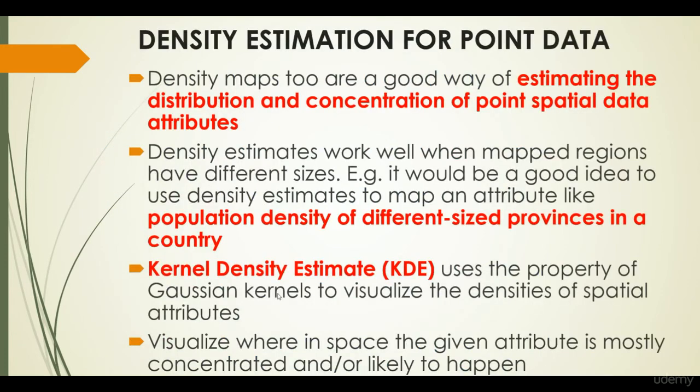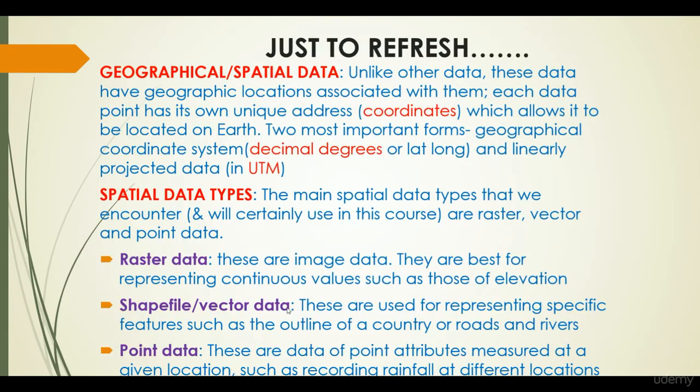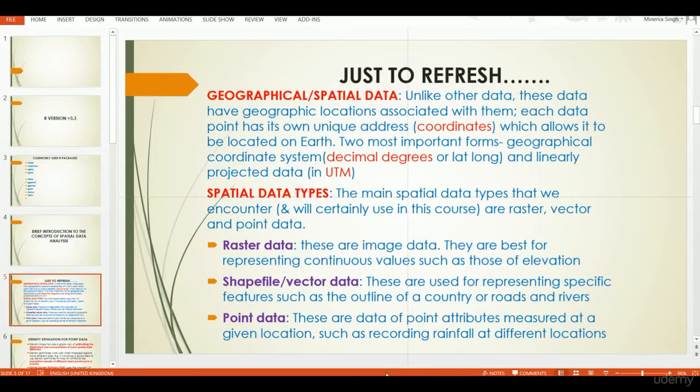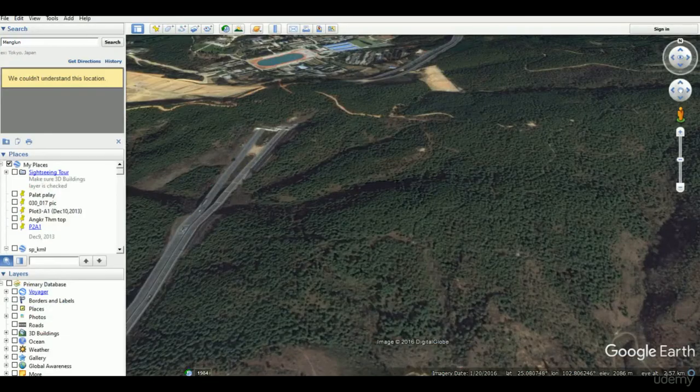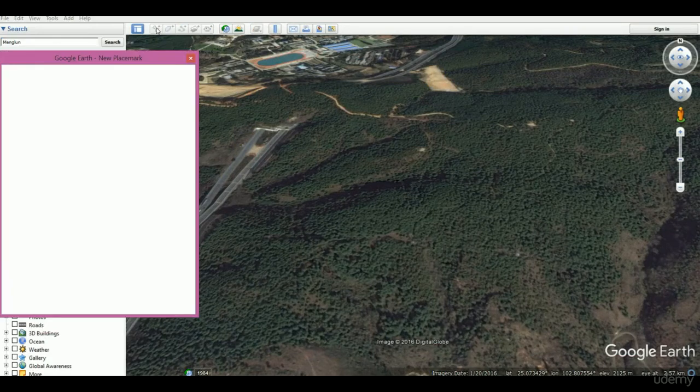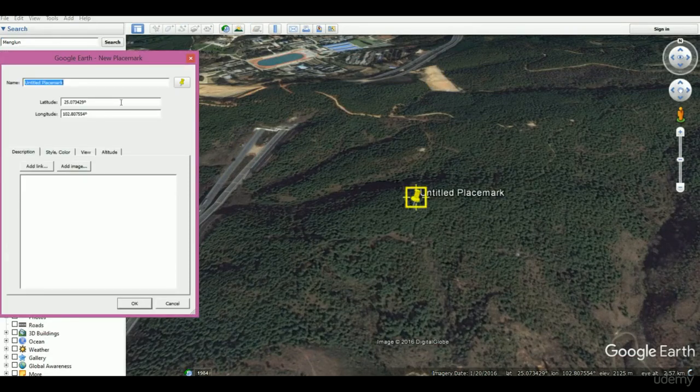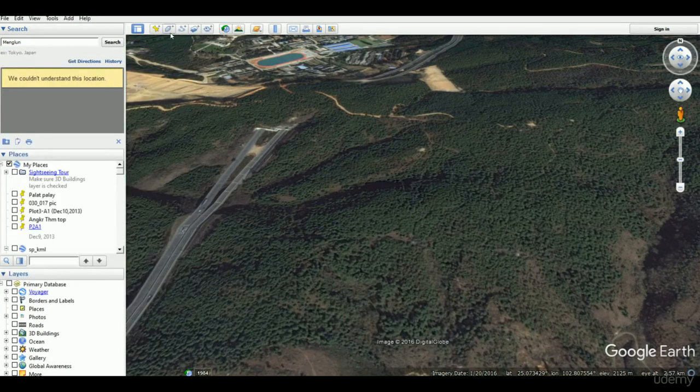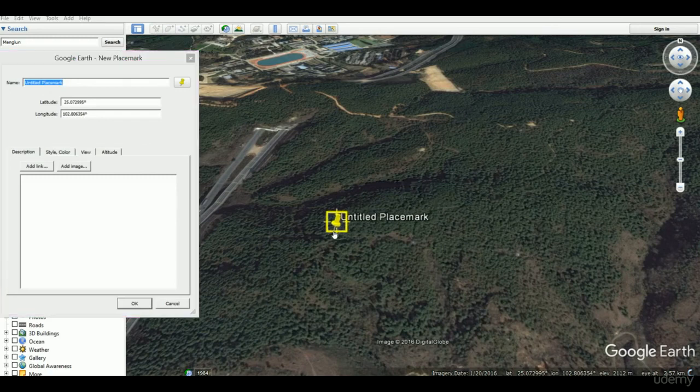And this is just the end of the theory, and I'll quickly take you to Google Earth to just demonstrate the point. Essentially what you see here are the coordinates. Basically every point is going to have its own unique coordinates. So let us just see. Now this point has its own set of latitude, longitude coordinates, and these are in decimal degrees because this is a geographic coordinate system and it is represented in terms of